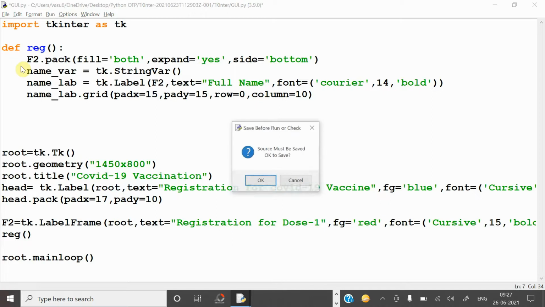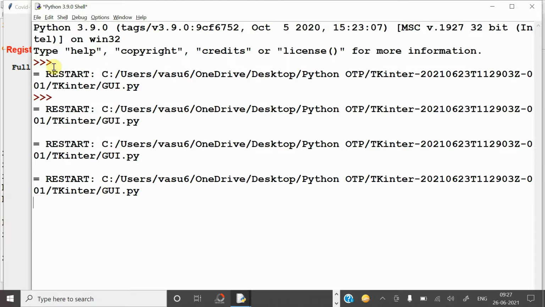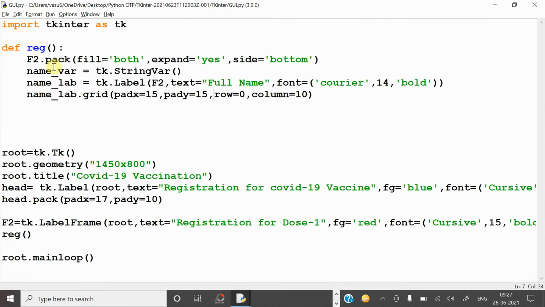This is about some spacing. So here some space has been given for x-axis, this some space has been given for y-axis. So like this padding is used for giving some space towards x-axis and y-axis, and the row and column are the coordinates, means in x-axis at which position, in y-axis at which position this component should be placed. So like this you have to give for each graphical component, that is mandatory. So like that alignment should be given.